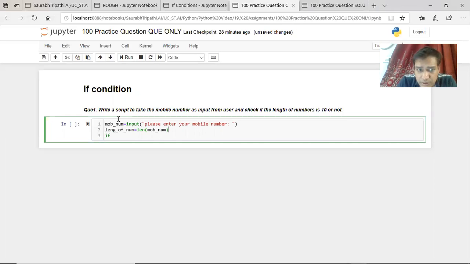When you check the length of the number, you just check the condition. So you write if the length of mobile number is greater than 10, okay, sorry, not greater than 10, equals to 10, we will check equals to 10.